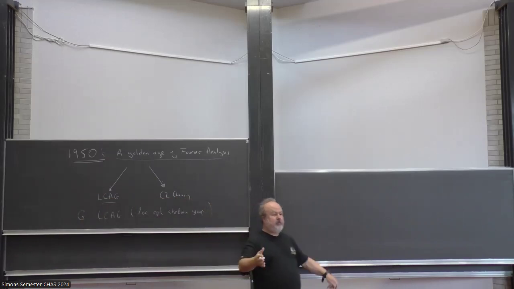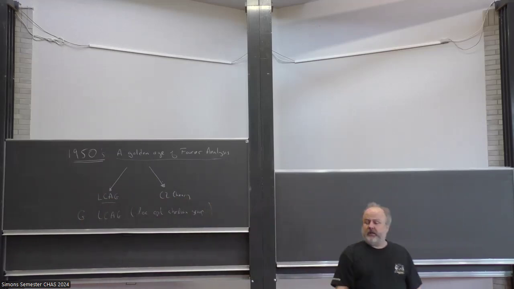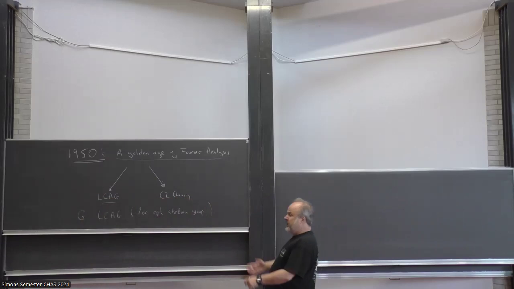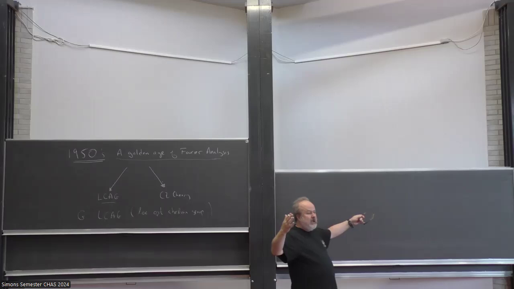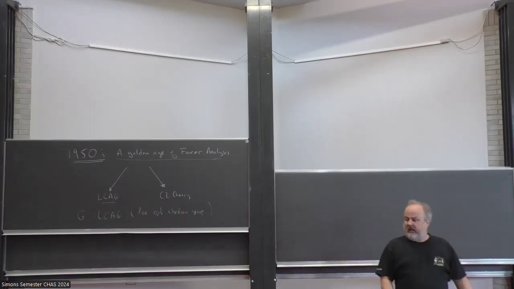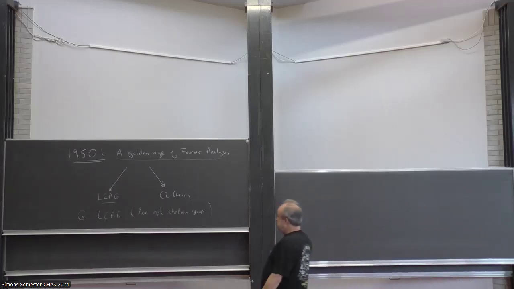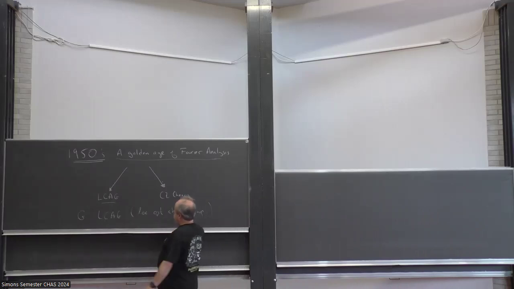Of course, there are many examples. The circle group is a locally compact abelian group. The real line is a locally compact abelian group. Z^n, the n-dimensional integer lattice, and we even have finite groups like the integers modulo an integer. Okay, so what all these things have in common is that